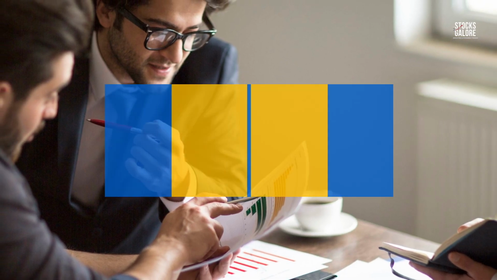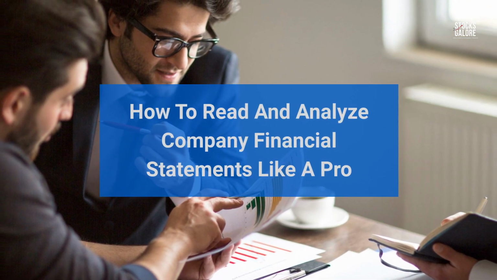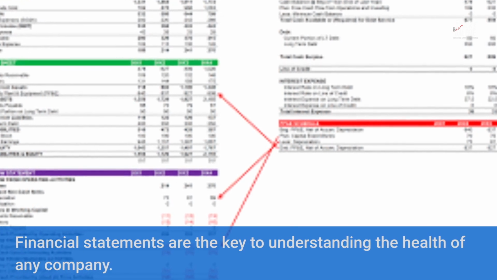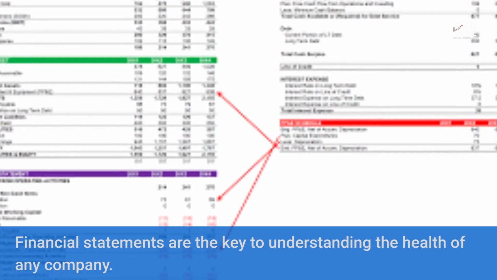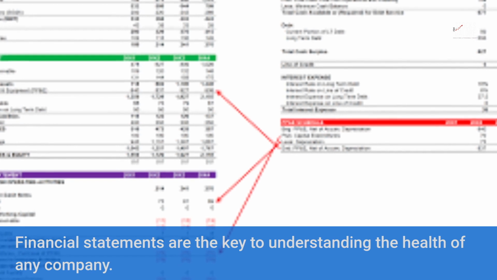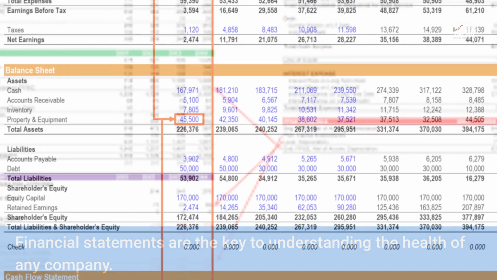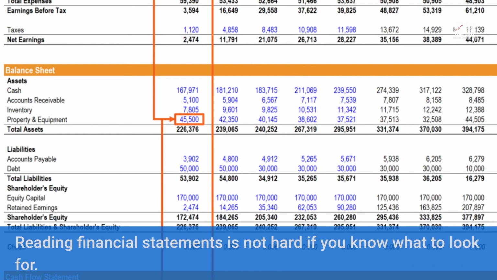How to read and analyze company financial statements like a pro. Financial statements are the key to understanding the health of any company. It's a document that provides information about the company's position at one point in time. It shows the state of affairs of the business. Reading financial statements is not hard if you know what to look for. Financial statements are organized in a specific order which you can follow to get the general idea about a company's